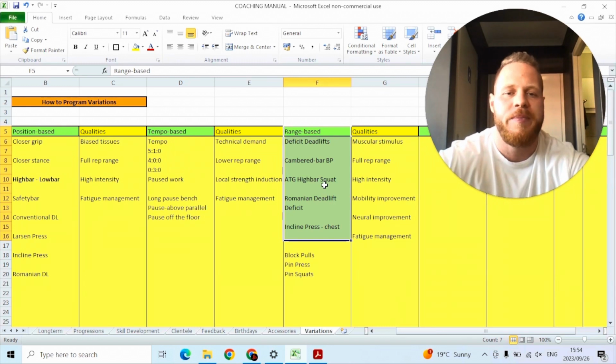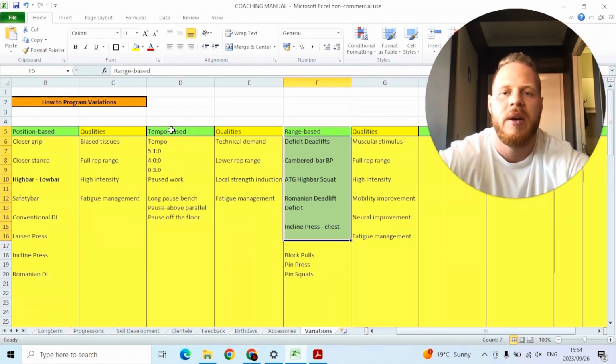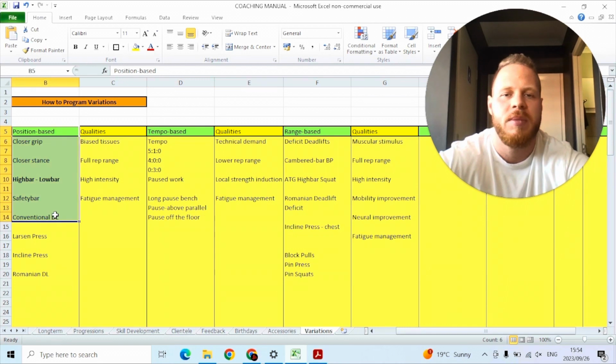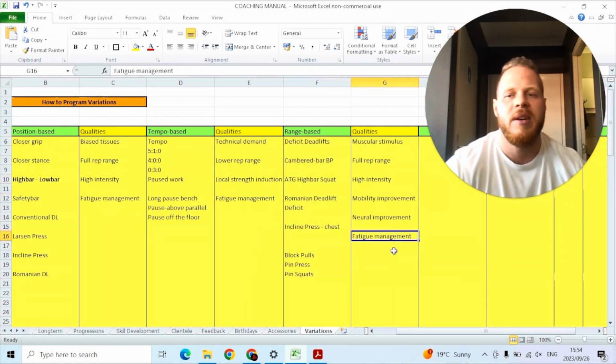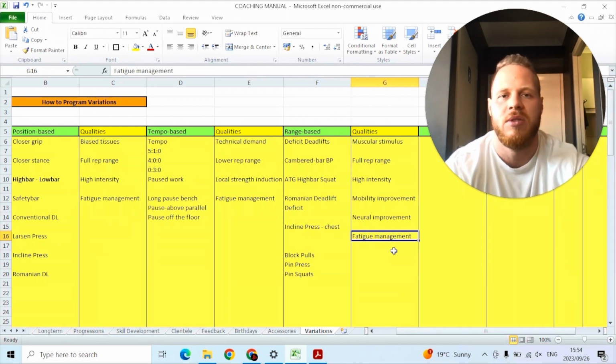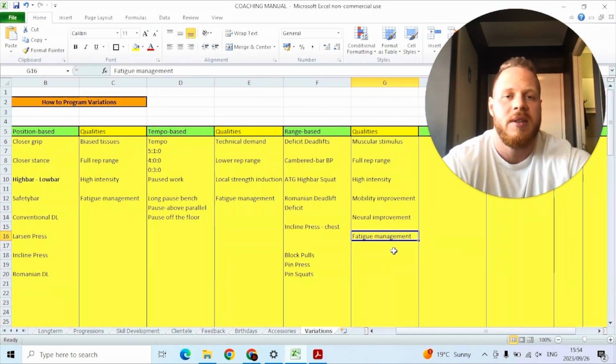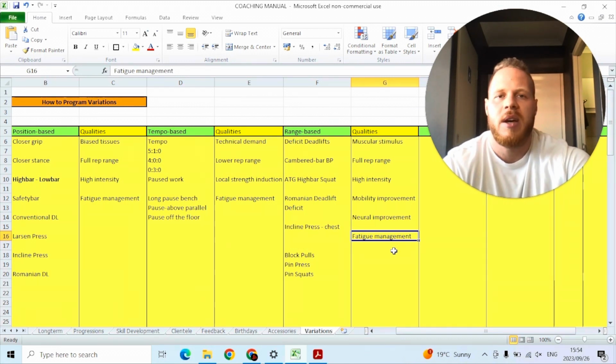So when we are doing our range-based variations, typically you will accommodate them with something tempo-based or something position-based. And usually it's position-based, you'll find, with these ranged variations. So when it comes to fatigue management, what we're really doing is we can be biasing certain muscle groups or joints as well. So when we're doing our deficit stiff-legged deadlifts, okay, we're taking,